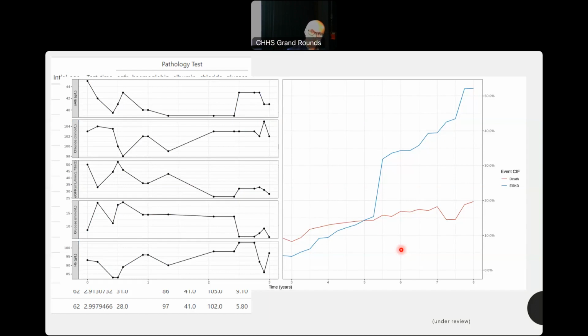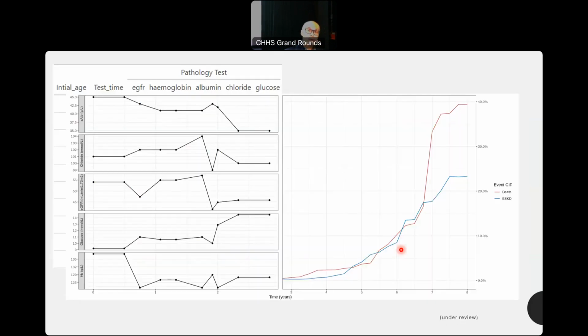The plot on the right shows the cumulative incidence function, or the hazard risk, when there is a competing event. The blue one indicates the risk of developing end-stage kidney disease. Obviously, in this case, it rises dramatically from 15 to 30% over maybe 5.2 years in the future, and surprisingly, he develops that event during that time period as well. A similar patient, 64, in this case, his risk of dying actually outweighs the risk of end-stage kidney disease.